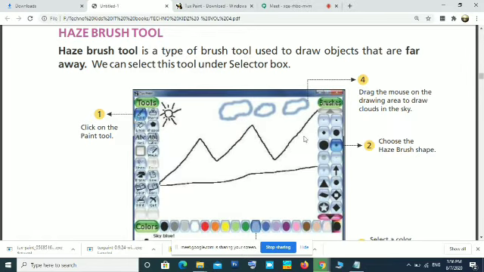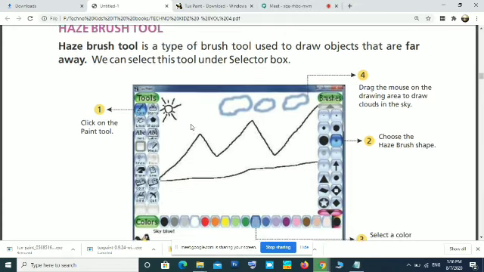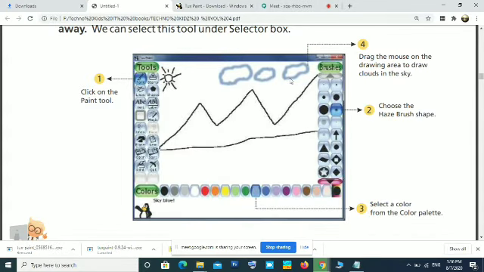So the drawing will be like this. Using the haze brush, if you want to draw some trees in a scenery that look very far away, you can use this brush. And for the trees in the front, you can use the standard brush.